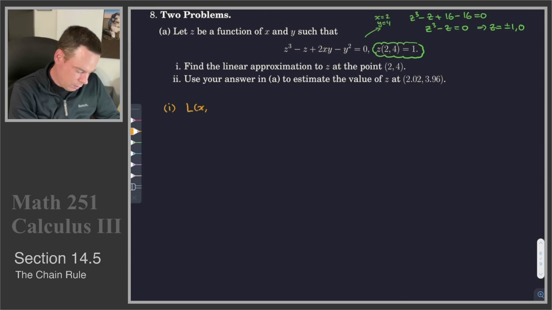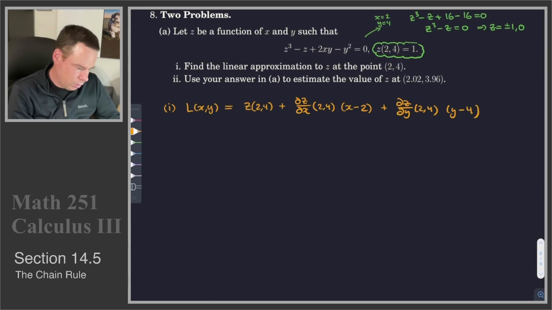So let's write down what it is we're trying to find: the linear approximation. We need to know the z coordinate of the point in question, plus the x partial at that point times x minus the x coordinate of the point we're at, plus the y partial at that point times y minus the y coordinate of the point we're at. That's what we're interested in finding. To find these partial derivatives, dz/dx and dz/dy,